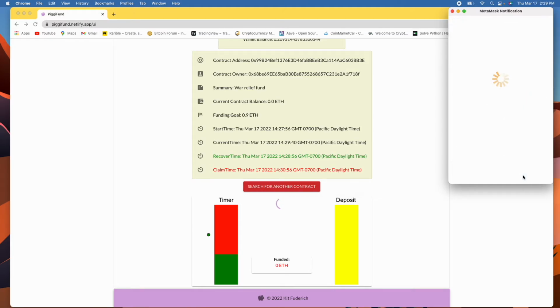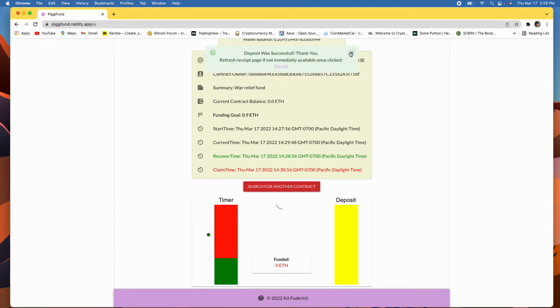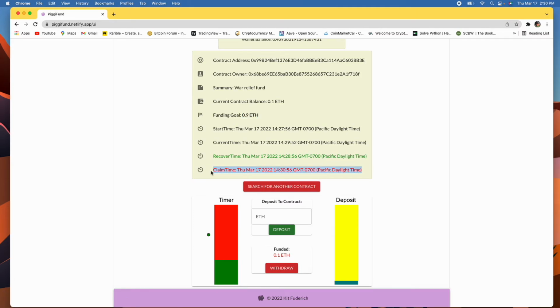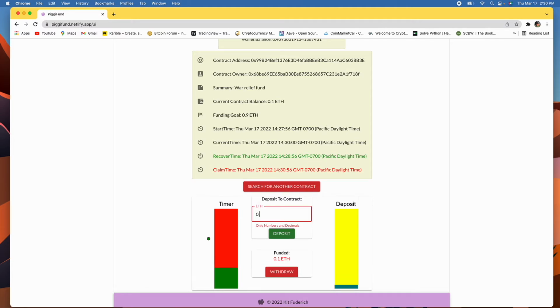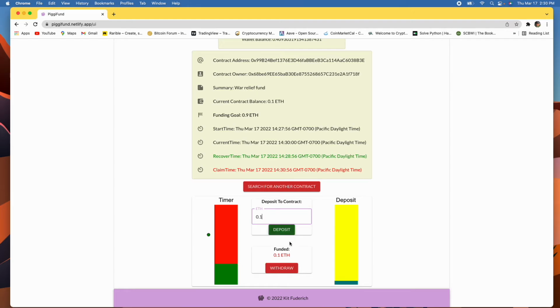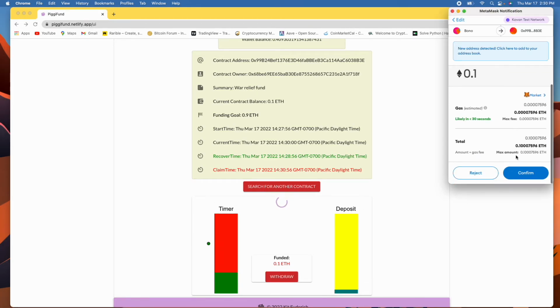Notice the timer is ticking down. And we do get a receipt as well, but we're also going to go by way of the graphic for this deposit bar. Okay, so there's currently 0.1 ETH in this contract with the funding goal being 0.9. So right now, the person who started this contract doesn't have the ability to withdraw those funds unless that funding goal is met. That is unless we hit claim time, in which case whatever amount is there will be up for the contract owner to take. Let's put in a little bit more, maybe one more contribution to this campaign